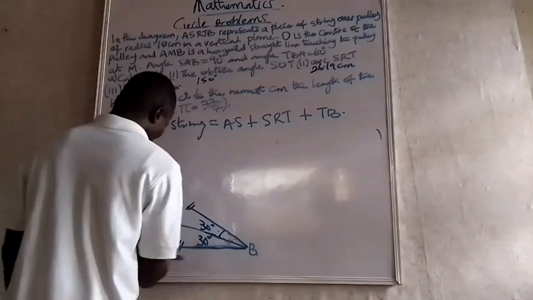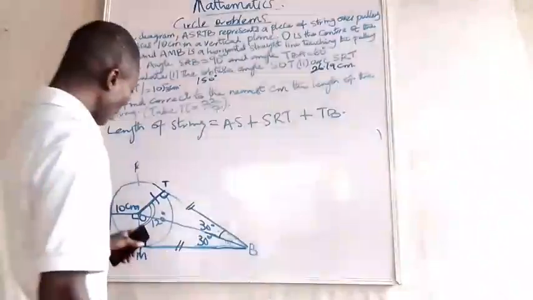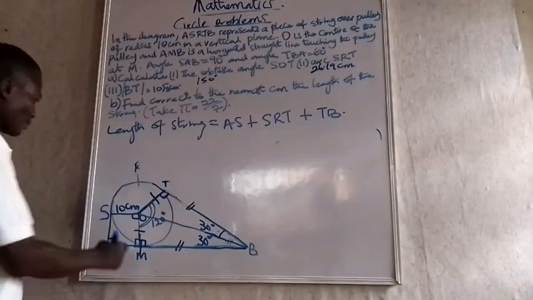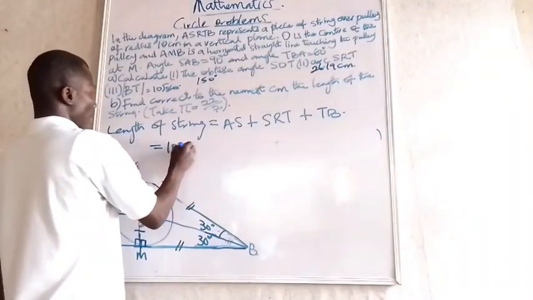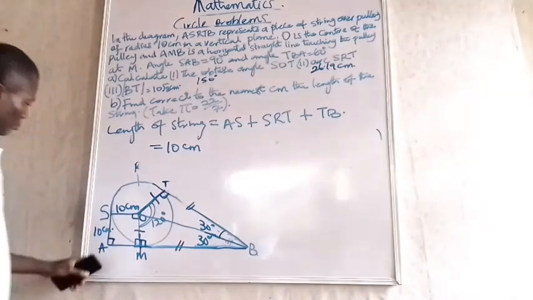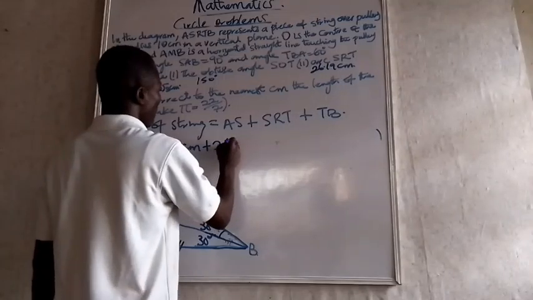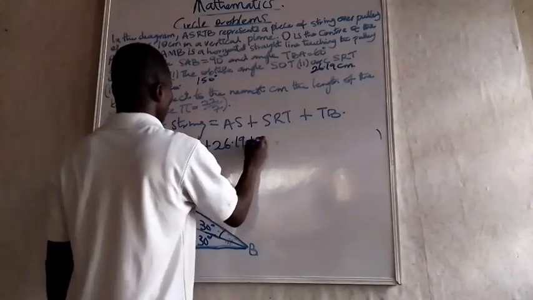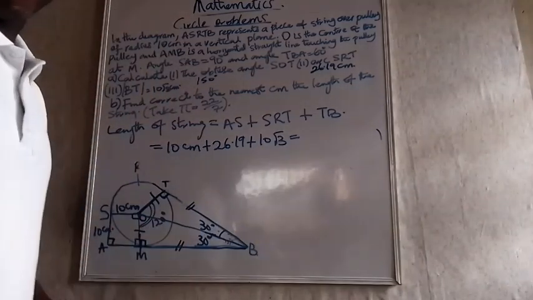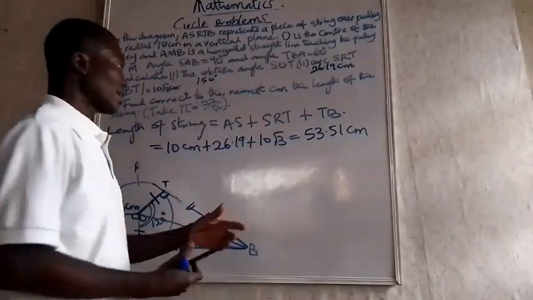AS is equal to the radius for this diagram, so that is 10. SRT, we got that to be 26.19. BT, we got that to be 10 root 3. And by the time we add everything, let's see what it gives. So in addition, I got 53.51 centimeters. And we are told to get it to the nearest centimeter. So that's approximately